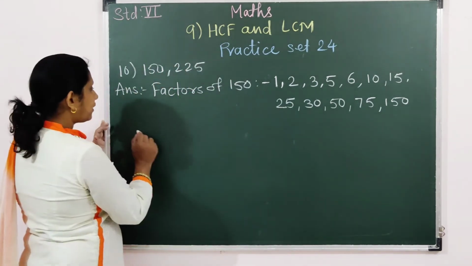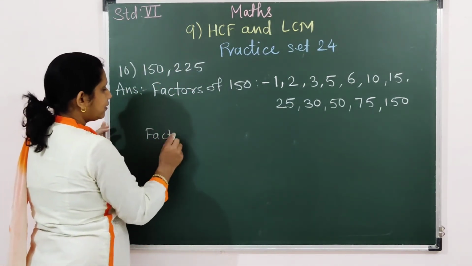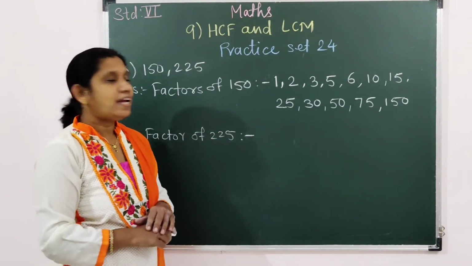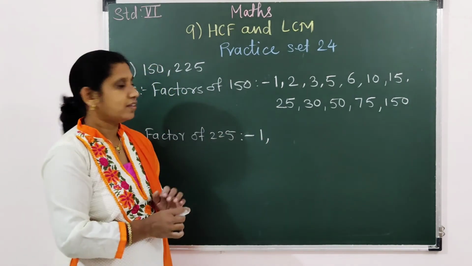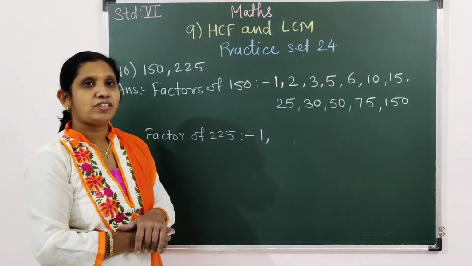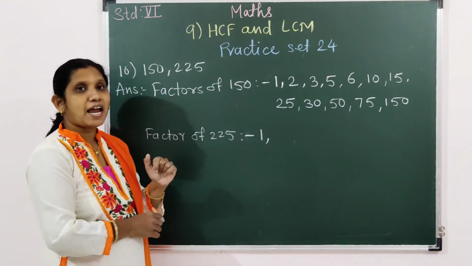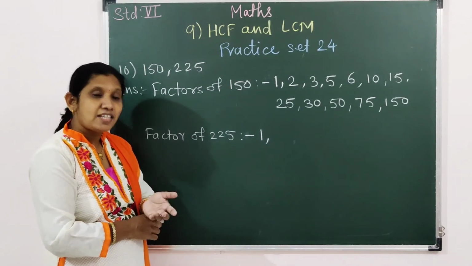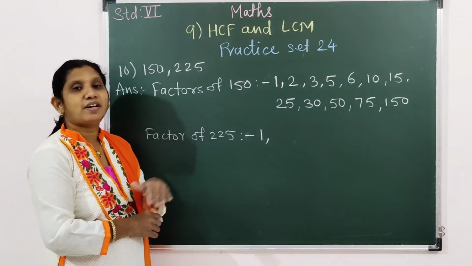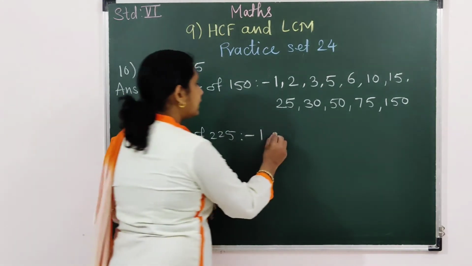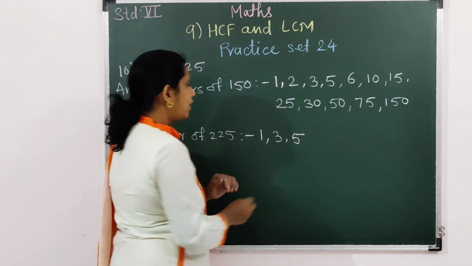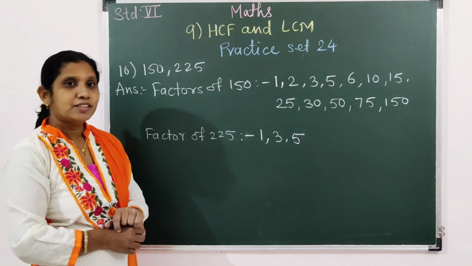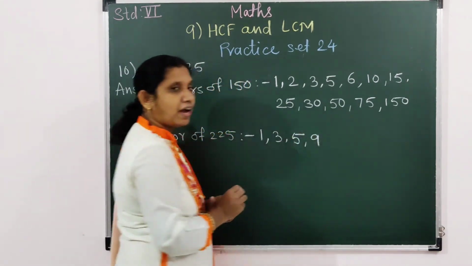Now let us find out factors of 225. Okay, so let's see the first factor 1. The unit place digit is 5, so of course it is going to be divisible by 5, but let us first add all the digits. 2 plus 2 is 4, 4 plus 5 is 9, 9 is divisible by 3, so 225 is also divisible by 3. Next divisible by 5. Alright. Next the digit sum is 9, so of course 225 is divisible by 9.